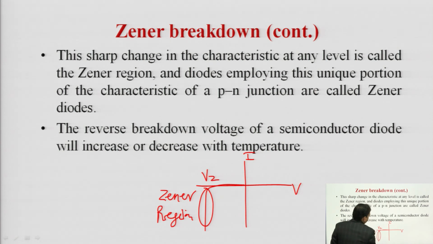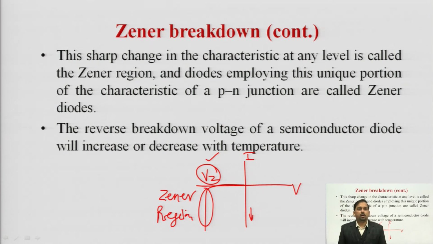The quality of this region is that the current increases in this particular direction, but the voltage is constant. So, we can utilize this particular region in the regulator circuit. Now, regulator circuits are circuits which will provide a constant voltage irrespective of the variation in the input voltage or the variation in load. Their aim is to provide a constant voltage. So, here we will be utilizing this region, the Zener region, to deliver a constant voltage of Vz.